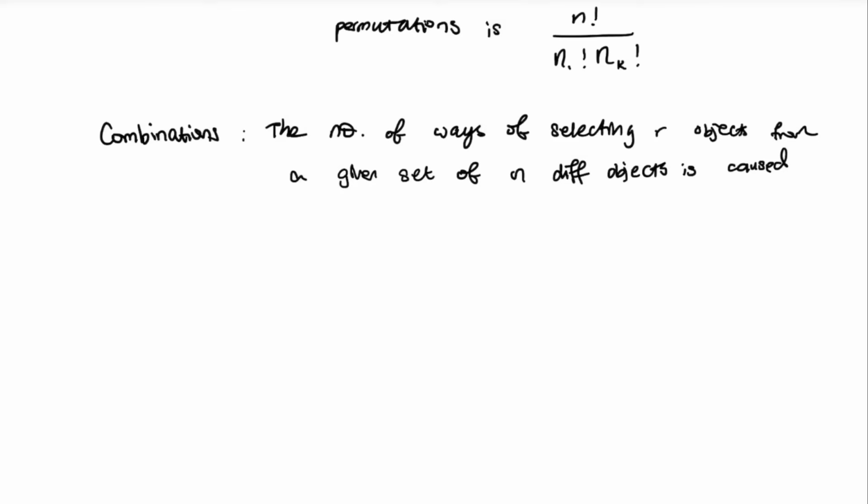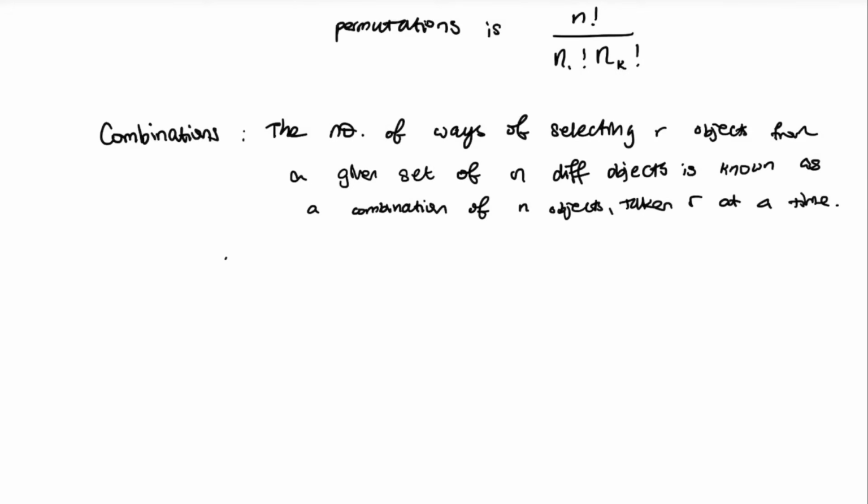Your key result 4. Key result 2 is known as a combination of n objects, taken r at a time. So therefore, the number of combinations is very simply going to just be n choose